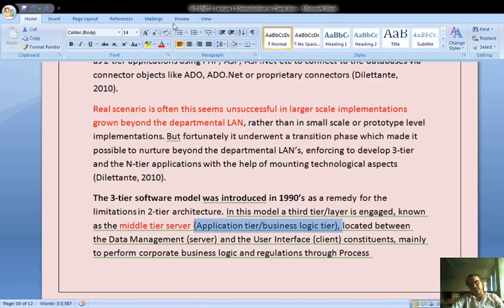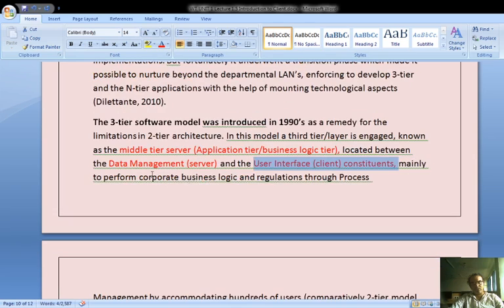The application layer and business logic layer are located between the data management servers and the user interface clients. Mainly here we perform corporate business logic and its regulation through process.